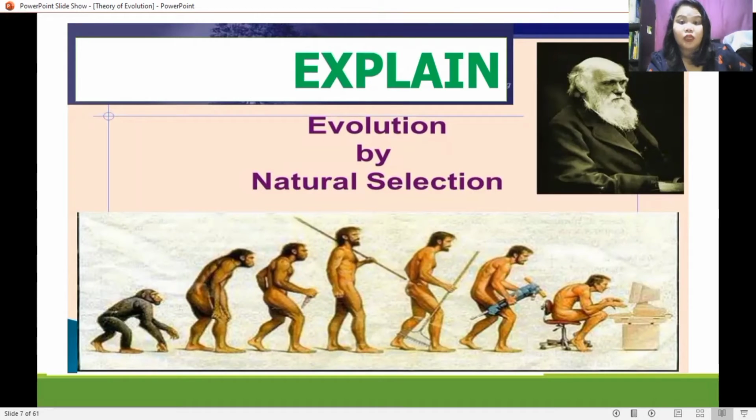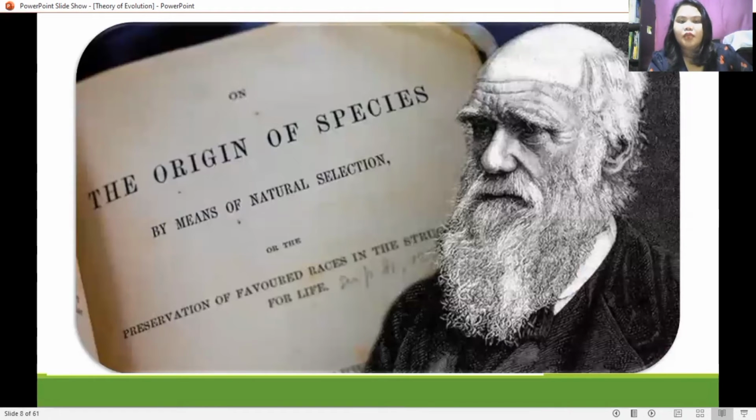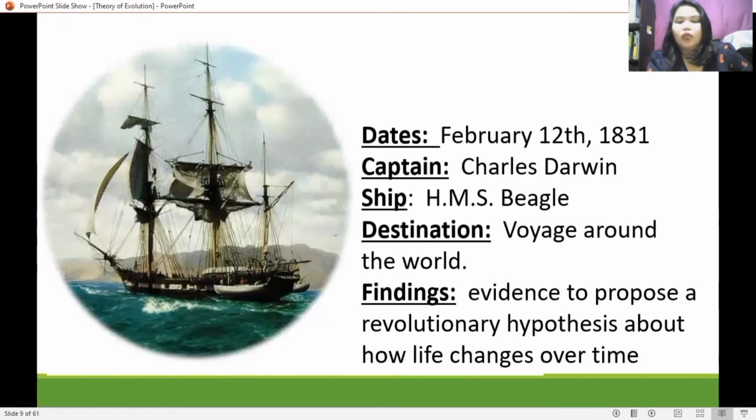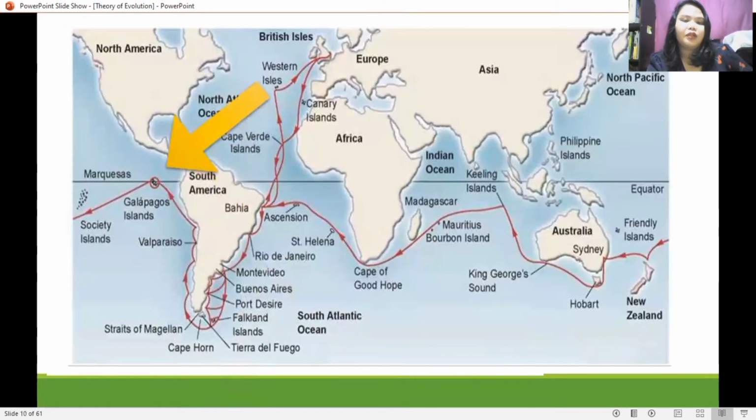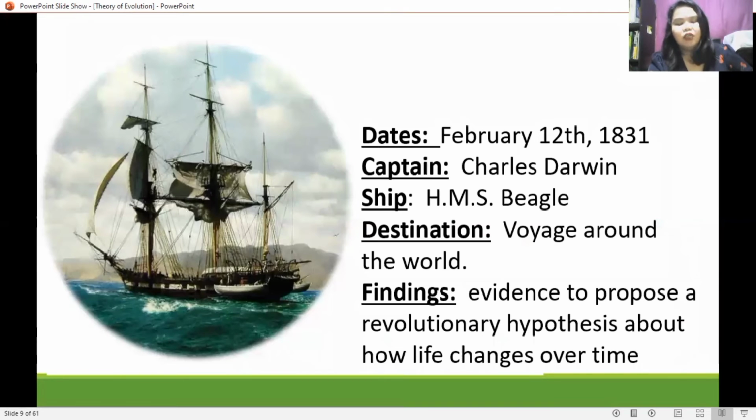Evolution by natural selection. Here we have Charles Darwin on the origin of species by means of natural selection. He launched this in relation to his voyage via ship HMS Beagle, dated February 12, 1831. The destination is, of course, a voyage around the world, but he focused for about 5 weeks on the Galapagos Islands here. The purpose is for him to find evidence to propose a revolutionary hypothesis about how life changes over